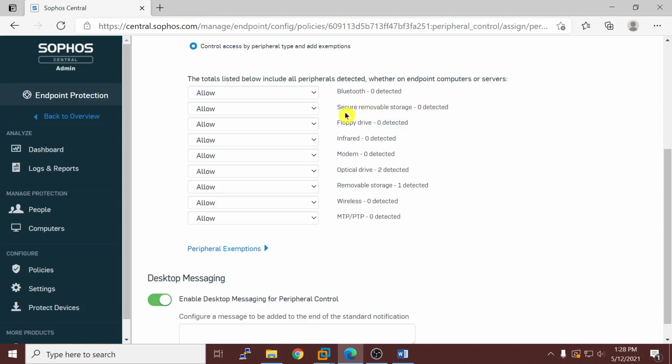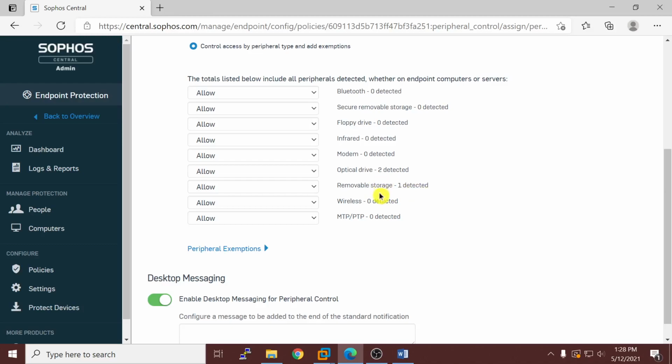Then floppy drives, infrared devices, modems, which are dongles and USB modems, and optical drives, meaning CD and DVD drives. Removable storage means USB drives, pen drives, and other USB type devices. You can see it has currently detected a few optical drives and removable drives.